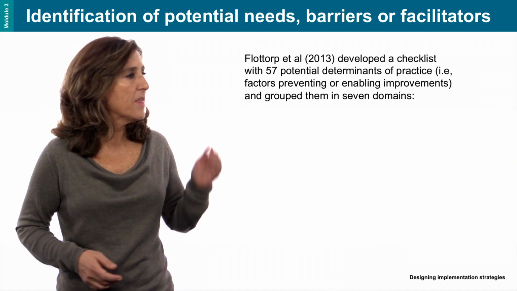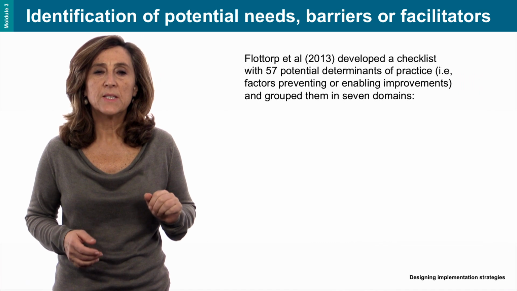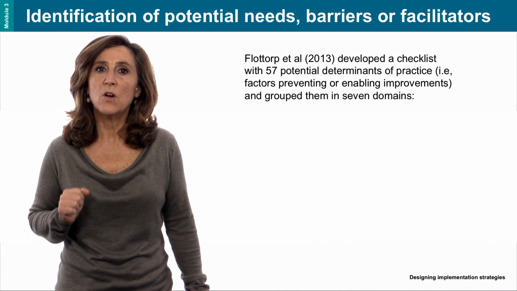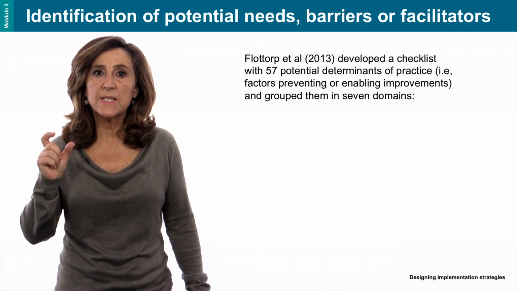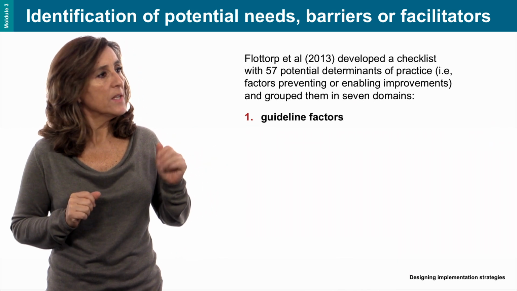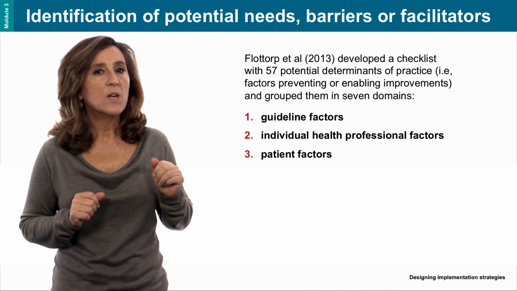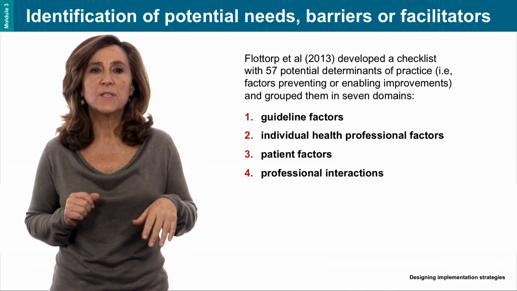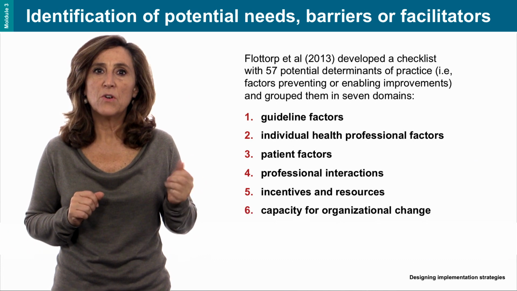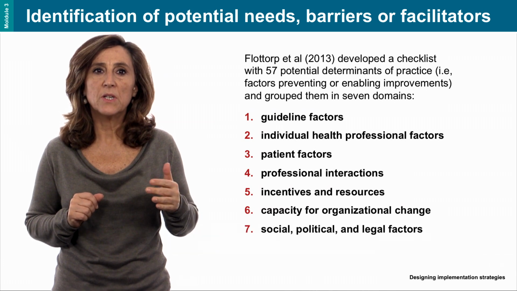For example, this study, published in 2013, presents a checklist with 57 potential determinants of practice, grouped in 7 domains: guideline factors, individual health professional factors, patient factors, professional interactions, incentives and resources, capacity for organizational change, social, political, and